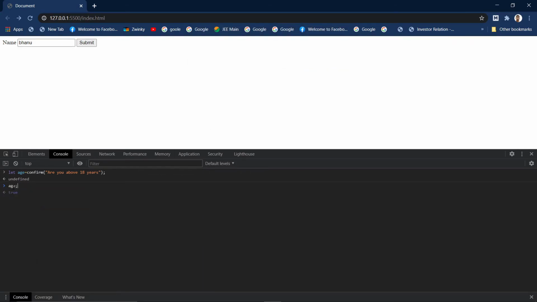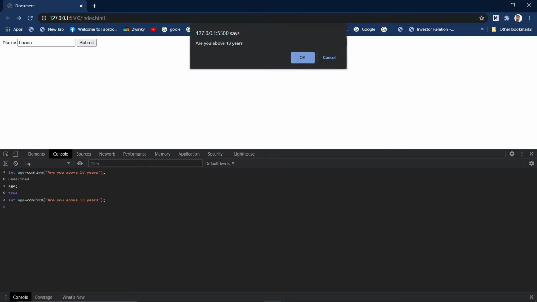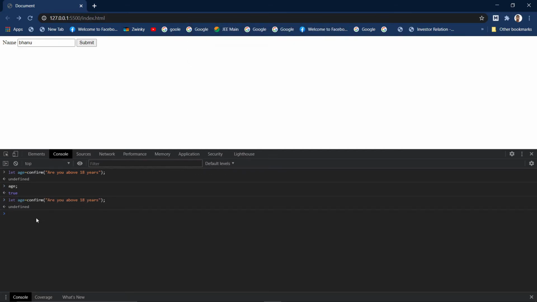Let's see the variable age. So true. And now let's press cancel. False is returned. Using this true or false, we can check the age of the user, whether the user is greater than 18 or less than 18, and act accordingly.